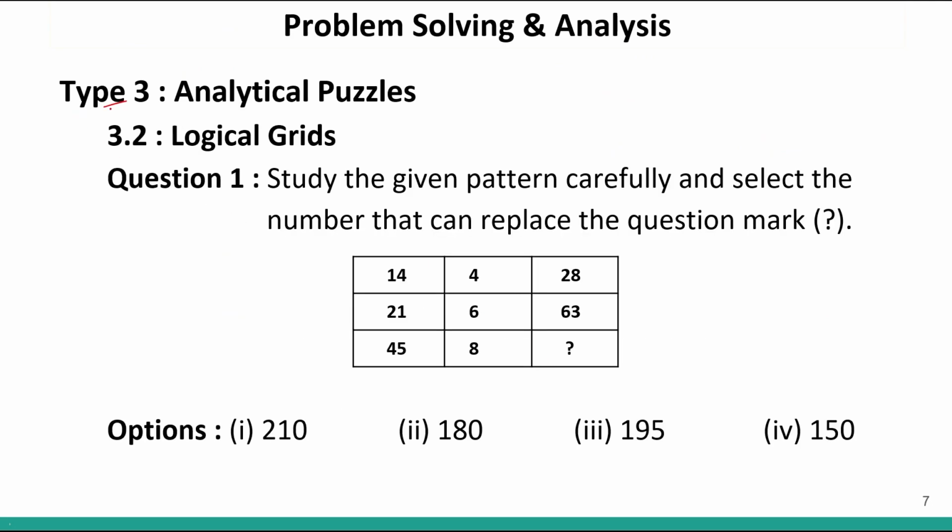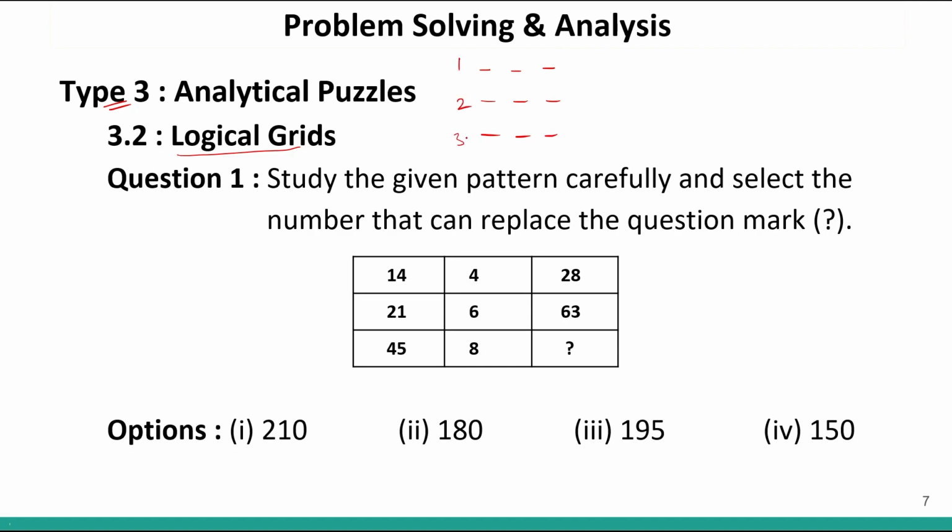To the next subtype of type 3, that is logical grids. So in logical grids, I told you that certain numbers are given to us. This is a 3-row logical grid. It could be a 4-1 also. So let's say if you have something like this in logical grid, now, the first way to solve a logical grid is that certain operations are being done on the first and two. Let us say multiply and you get the third number, or addition and you get the third number, or so on. So, certain mathematical operations are being done on 1 and 2 to get the third number. Then it could be like this also.